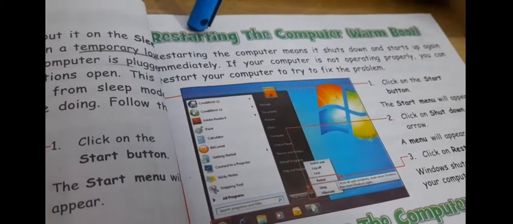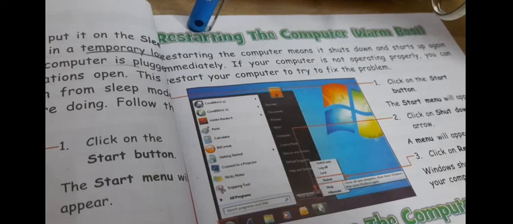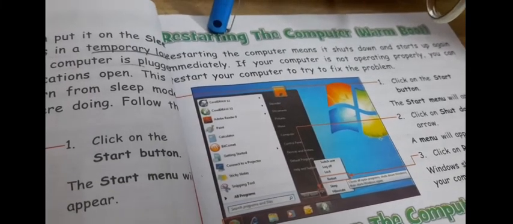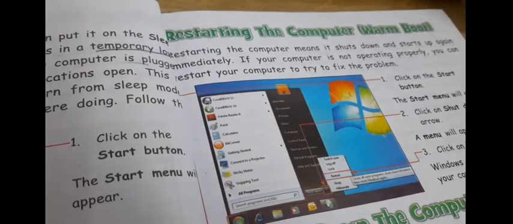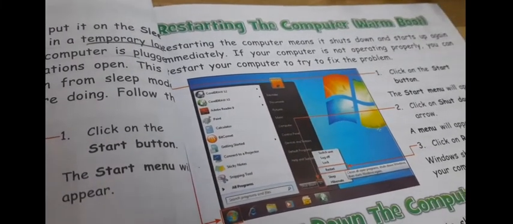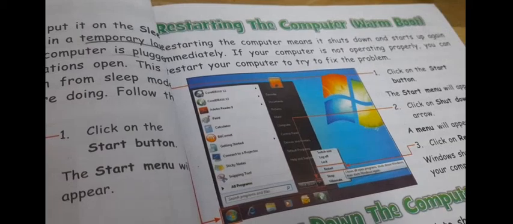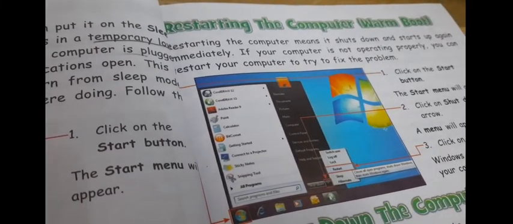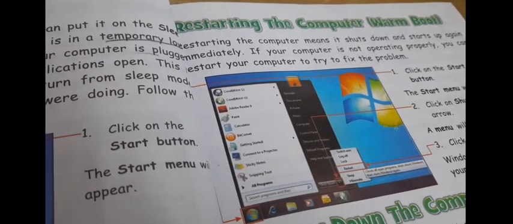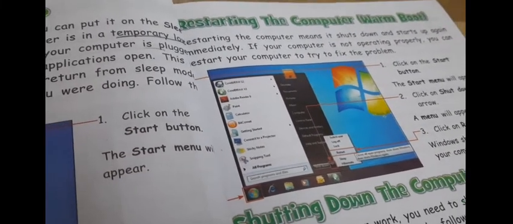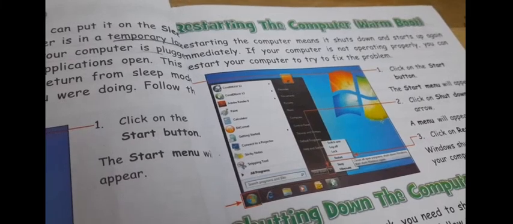Now how can we restart the computer? But before that, why we restart our computer? We restart our computer, sometimes our computer is not operating properly. So we restart our computer to try to fix a problem. Okay, restarting means this computer will get shut down by itself and get started by itself only.